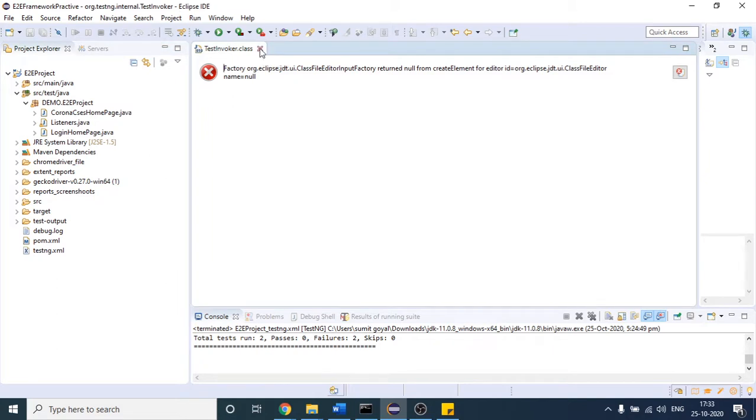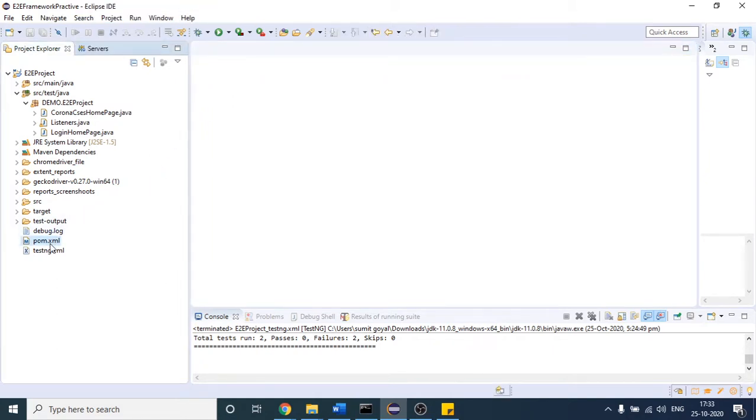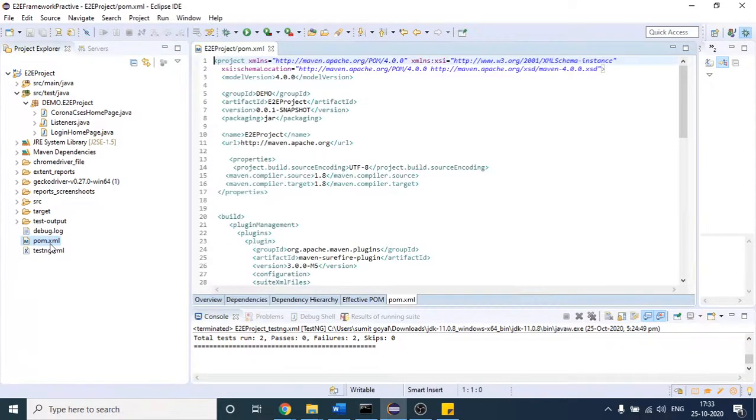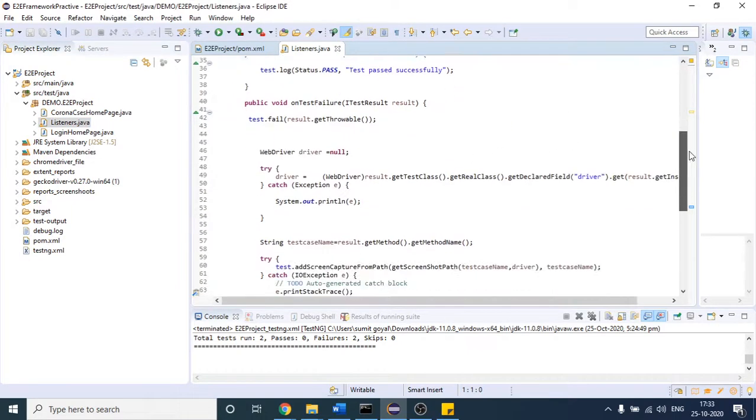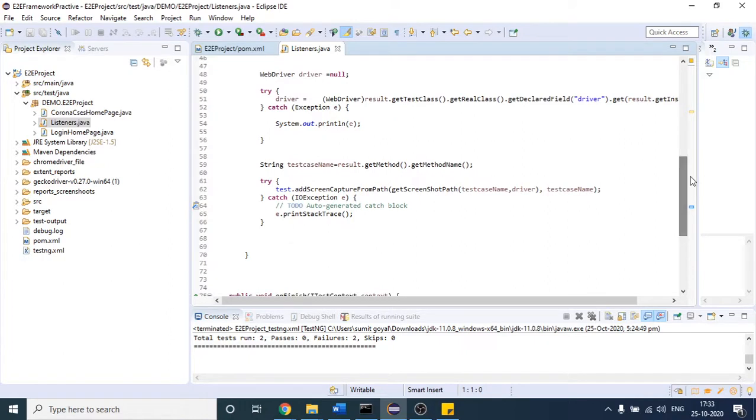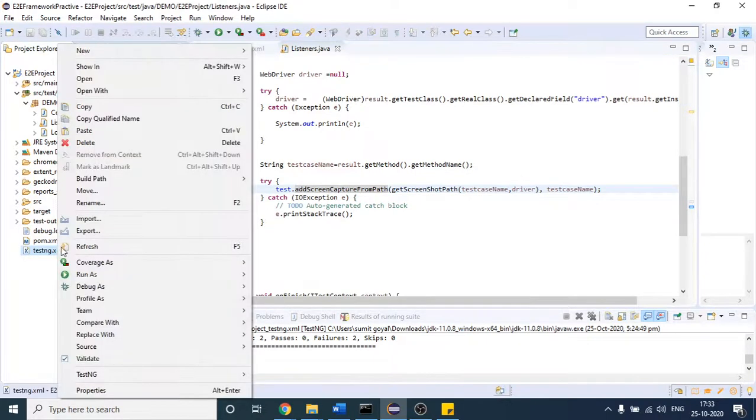I hope that our test project is not deleted. I think I have written the code here. Okay, I think it is fine. Yeah, no issue. I should be more careful next time.